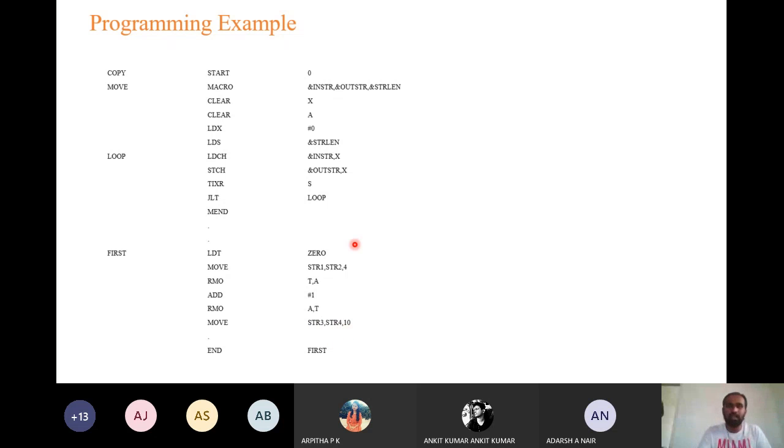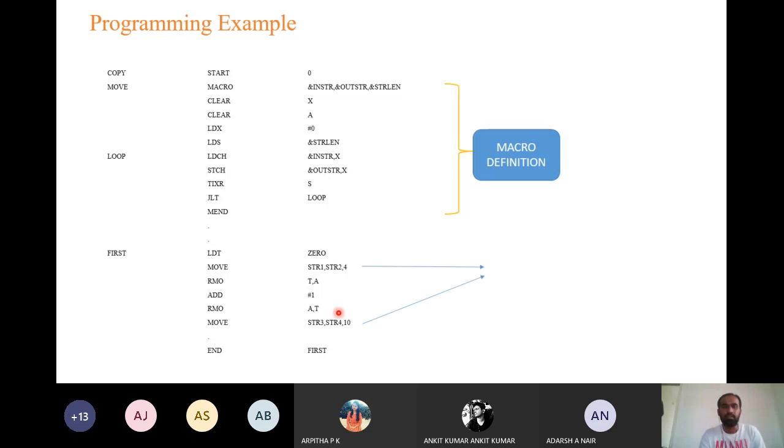Right? From this example, I want you to make out that this is what you call a macro definition, or you may also call it a macro prototype. Whereas these are called macro invocation. So these are called macro definition, and these are called macro invocation, where you will be invoking or calling those macros just by using the name of the macro